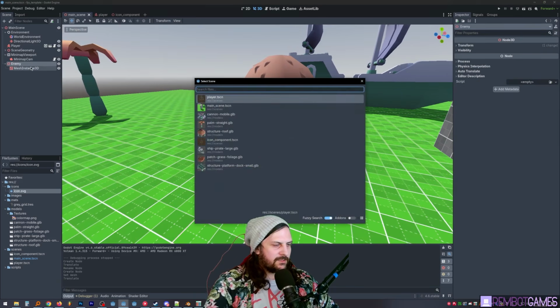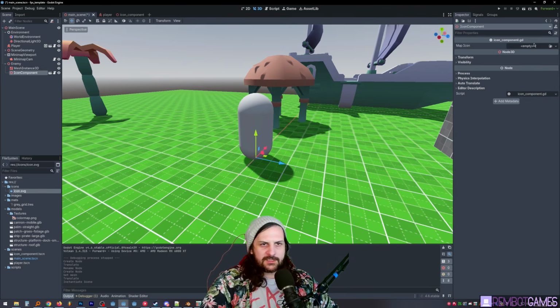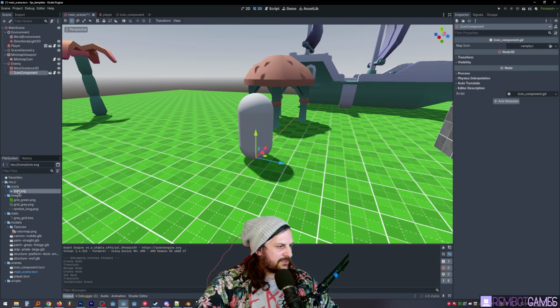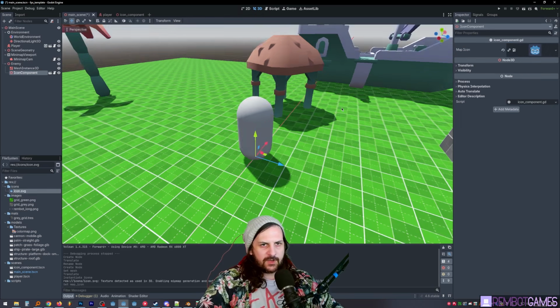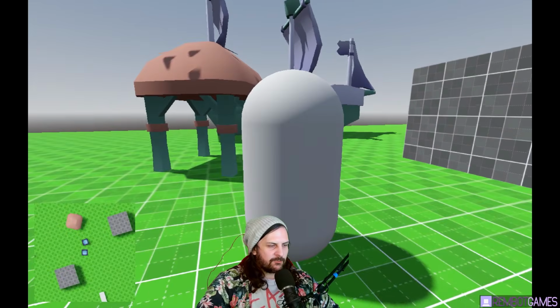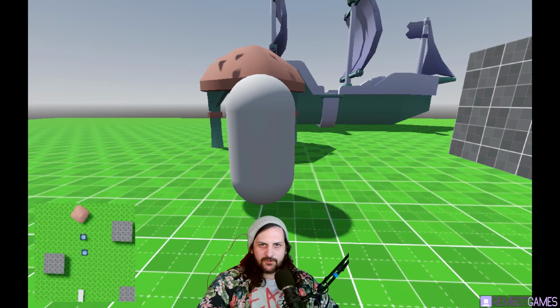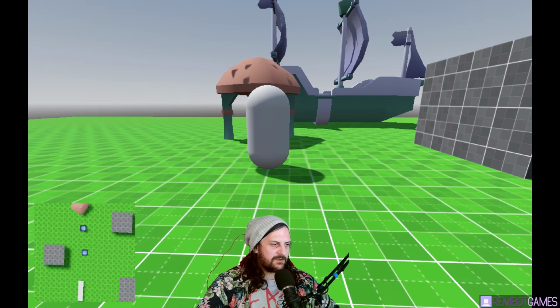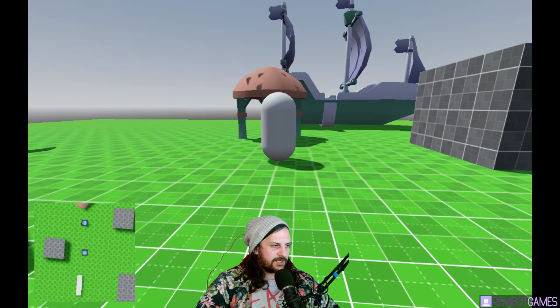And then what we can do is we can go Control-Shift-A, then I'm going to go icon component, and then on this icon component, I can set that to whatever I want. So I'm going to set that to the icon.svg as well. And now when I load up, as I walk around, look, you can see it being represented on the map. This is good for showing enemy patrols because